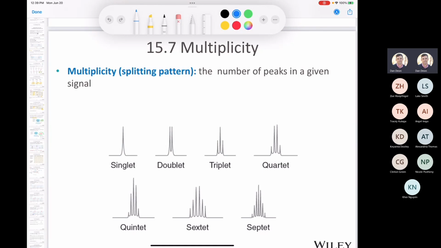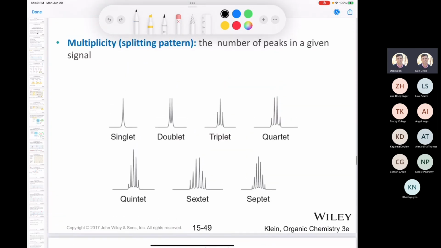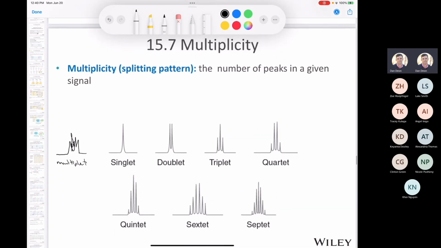But these are splitting patterns that we see all the time in Organic Chemistry 1 lecture, in Organic Chemistry 1 lab. You might remember that I showed you one other kind of peak, or signal, I should say, which was the multiplet, which is where everything was kind of all jumbled together and you couldn't really make sense of it, like this. This is the multiplet. That's something I'll get into later, and I'll explain what the multiplet comes from. It's because of what's called complex splitting, and we're not really